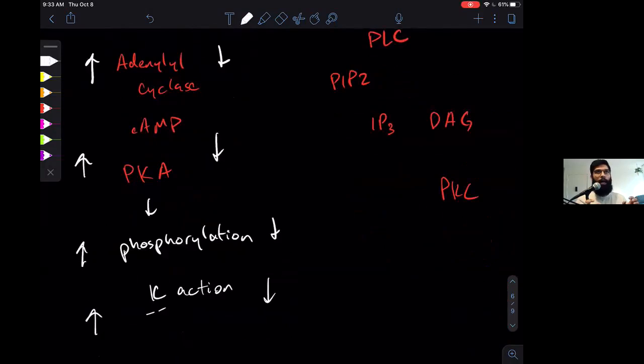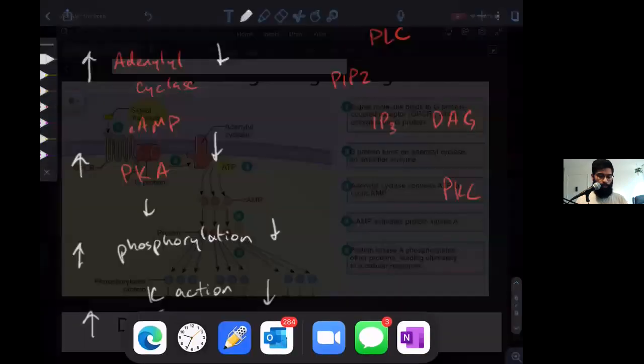Even if you have acetylcholine, for example, going to a GI, or let's say you have norepinephrine going to a GI receptor on an organ, it's going to decrease the function. If it goes and attaches onto the GS receptor, maybe on that same organ, maybe on a different part of that organ, it's going to increase the activation. So that's why the receptors are important, right? So looking at the